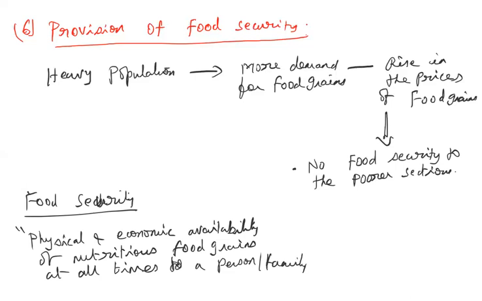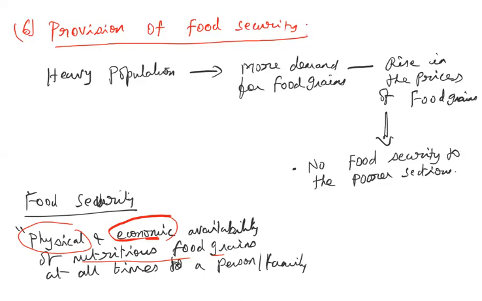It is not that one day you have quality food grains you are able to eat, and tomorrow you are not sure. Either because the availability of food grains is not there, that is physical availability is not there, or economic availability, whether your money income will be sufficient. That might be because of the shortage of food grains, or you belong to the poorer category, so you don't have sufficient money income. Because of these reasons, you do not know whether tomorrow you will be able to consume the same nutritious food grains. So that is food security.